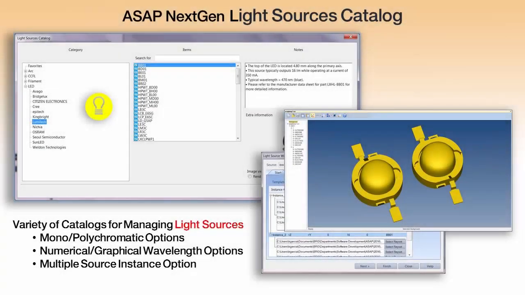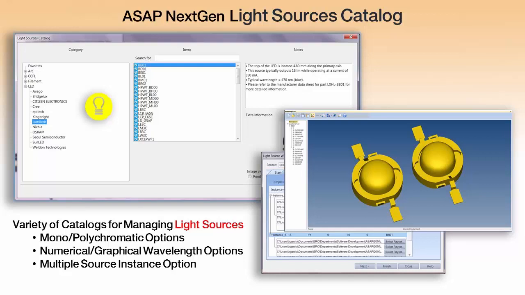Let's talk about light sources. The Light Source Manager has a number of catalog source types. For instance, if we have a LumaLED's LED that we want to include in a model, we can open up, we can actually browse the list. If we know the model number, we can type some of it in the search bar, and it will actually restrict our view to just the ones that match. If we don't select a specific class, we can still search for a source by its name or model number, and it will find matches even across different kinds of sources or different manufacturers if it happens to have similarities